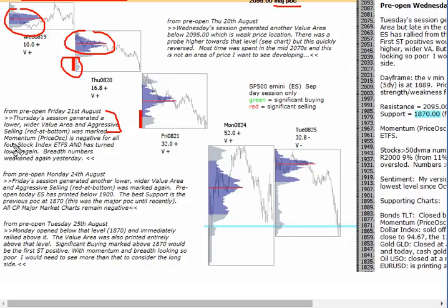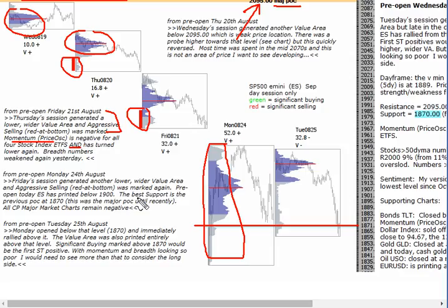Said that momentum, our price oscillator, was negative for all 4 stock index ETFs and has turned lower again. Breadth numbers weakened. During that session again we marked aggressive selling. Now here's the big down day, Monday. This level here, 1870, was the major controlling price before it migrated up to that level. Monday pre-open I said the best support is the previous point of control at 1870,